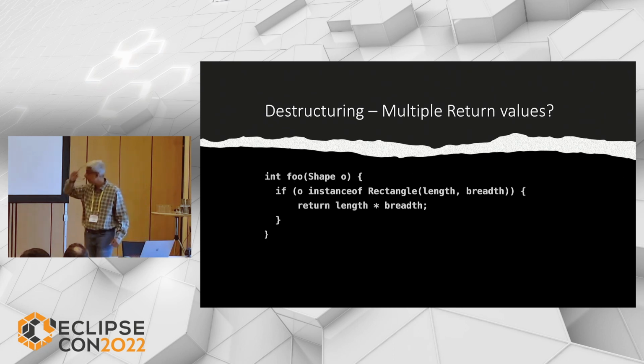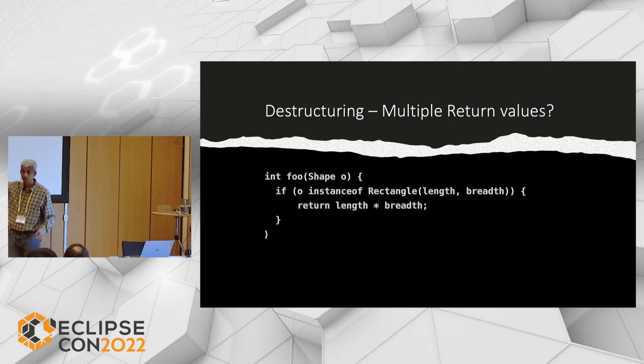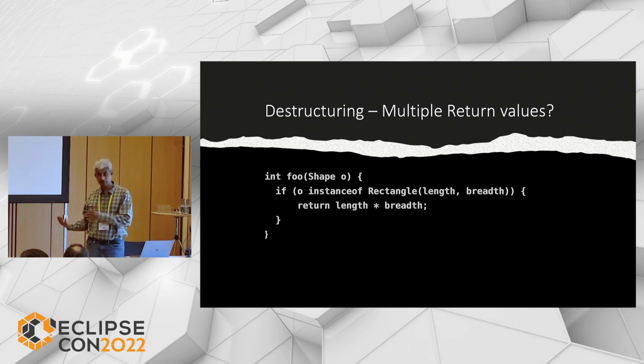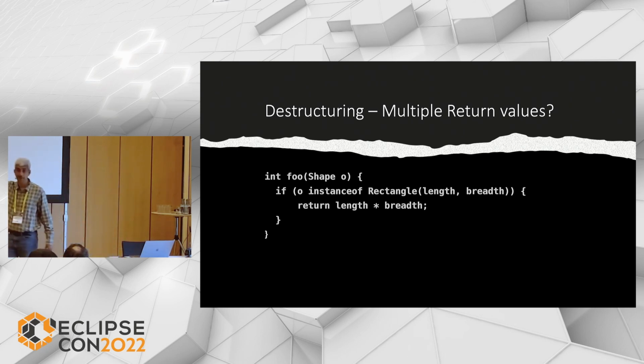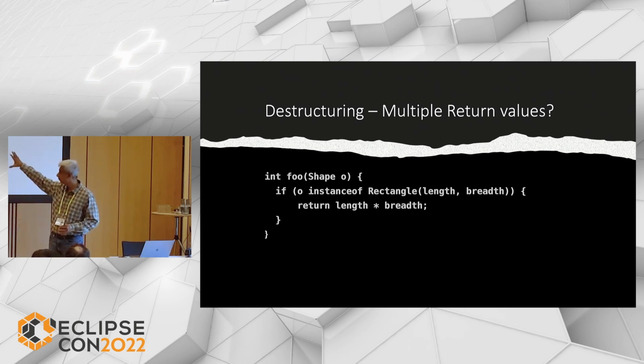Now, does it mean that this is multiple return values? It looks like that, right? It's always an instance of rectangle, and then we are extracting length and breadth. Is it multiple return values is a question, but it does, of course, return multiple values in one way to look at it, but at the same time, there is the scoping also involved because these things are available only inside that. And there are further scoping rules which are a little more complicated, but the basic funda is, this is how it works. It's inside the scope where this expression is true.